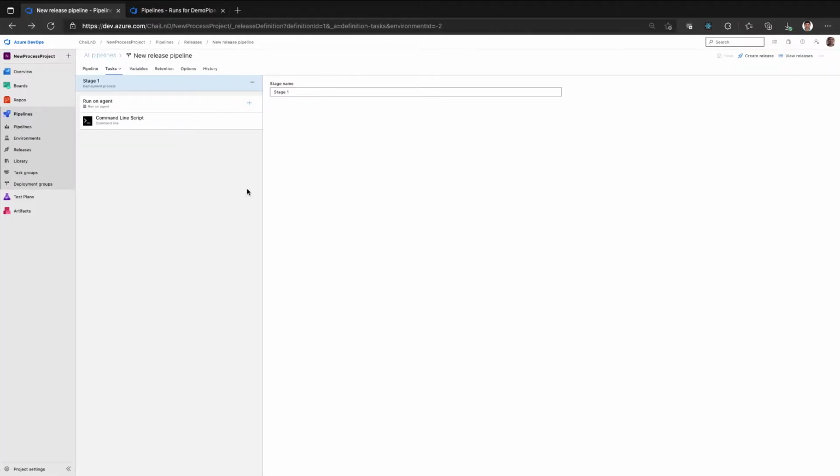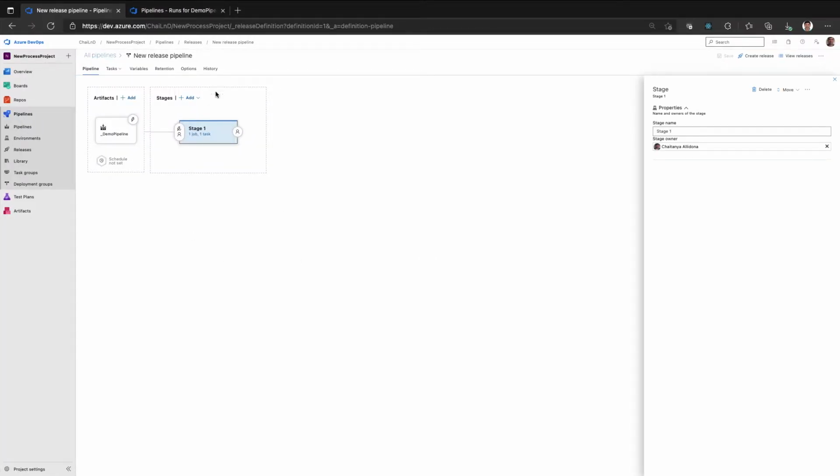Now, when we have an artifact and you have a release pipeline configured, sometimes you have to decide whether to deploy to a particular stage or not, depending on the artifact and its properties. For example, you may want to deploy to a production environment only if the artifact is from master or the main branch. So Azure Pipelines allows us to add these filters to a stage to have better control over the deployment.